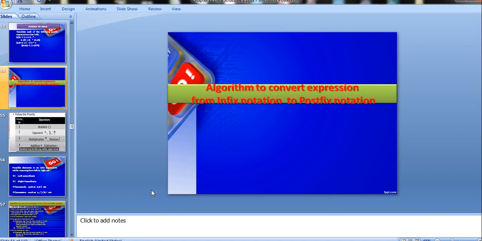And in the previous class I showed you how a given infix expression can be manually converted by replacing the left parenthesis to make it a prefix and replacing the right parenthesis to make it a postfix. Of course, before that we have to fully parenthesize the given expression as per our priorities.